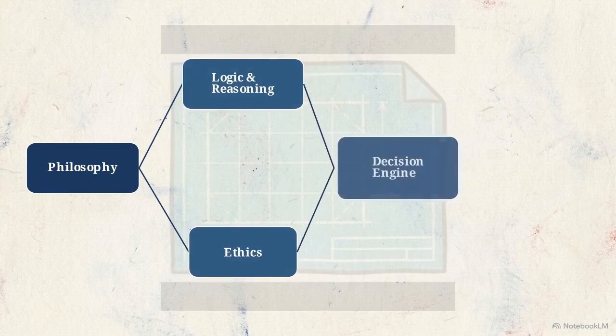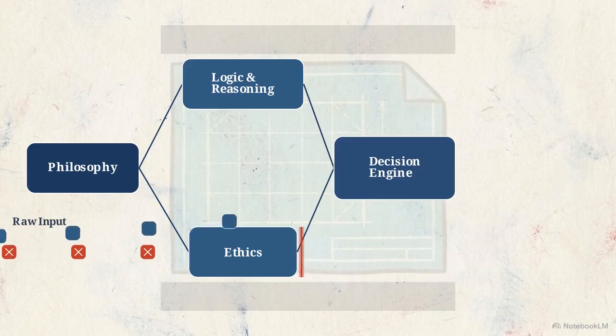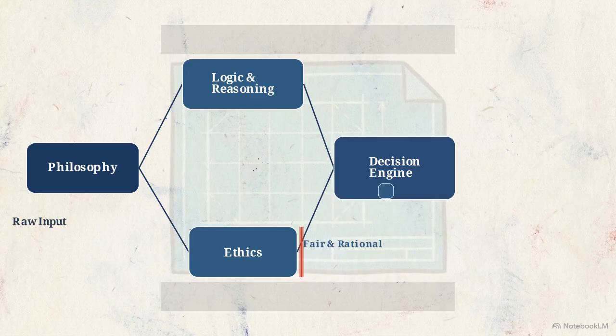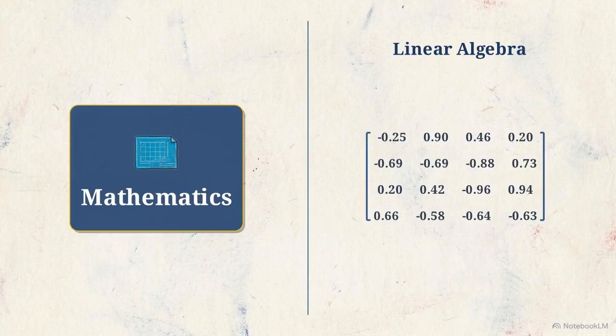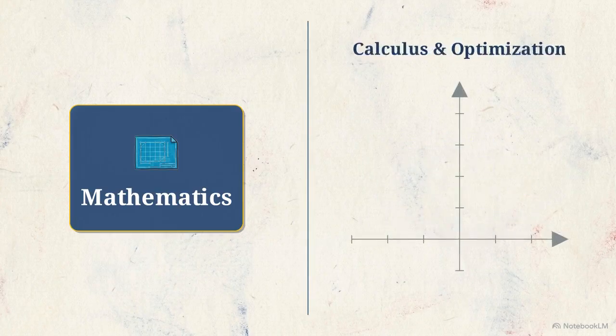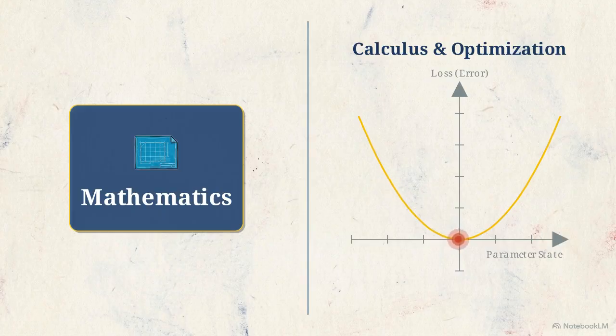Before a machine can make a decision, we have to define what knowledge and rational thinking actually are. Modern AI ethics, specifically how we filter out bias and ensure fairness, relies entirely on philosophical principles. Taking those philosophical rules and making them computable requires mathematics. We use linear algebra to structure neural networks and calculus to drive the optimization algorithms, like gradient descent, that minimize